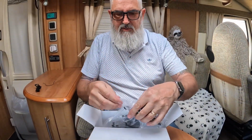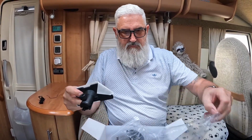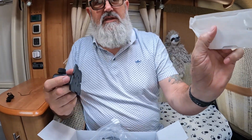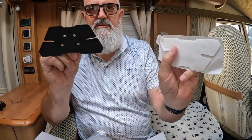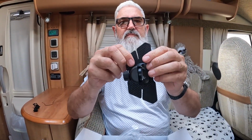We've got actually a couple of ways to fix it onto your dashboard. We've got basically a sticky pad, which is the same shape as this. Okay, yeah. And this is actually flexible. Look. Okay. See, this is flexible. So, you know, if your dashboard's that shape, you can stick it to it. Yep. Don't think I'm going to be using this one. I knew this was in the kit, but